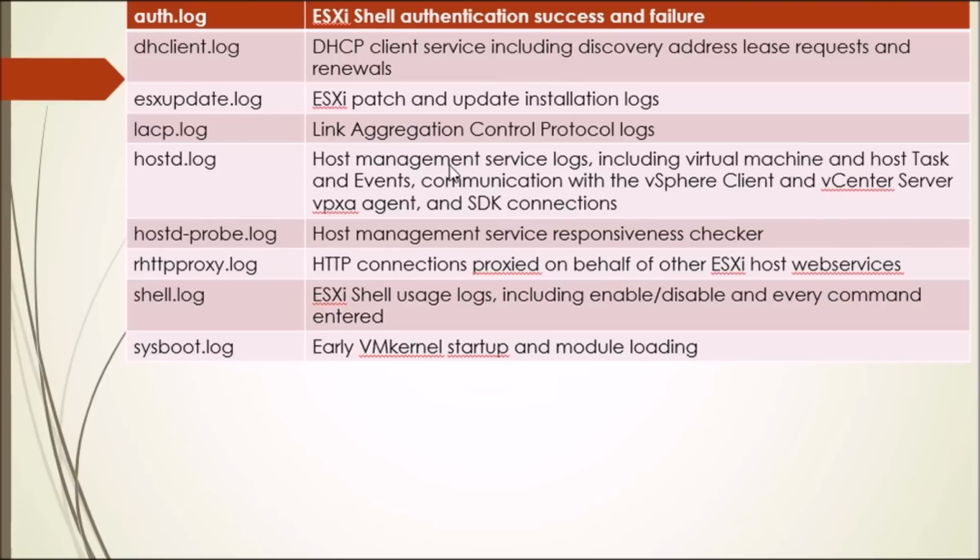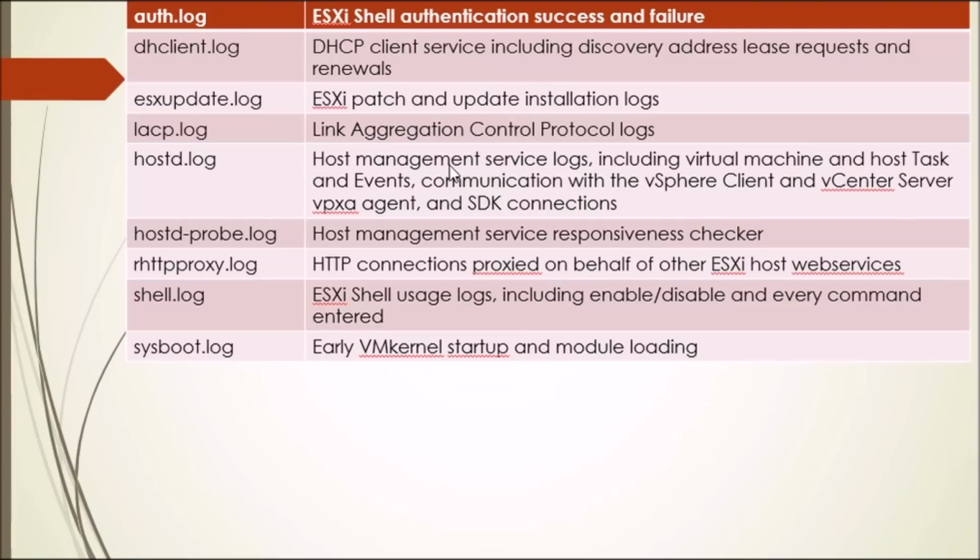Depending upon the service which is doing the write operation, each of these log files has a particular name, and each is dedicated to a particular process running on the ESXi. So you have the auth.log, which logs the ESXi shell authentication success and failure,